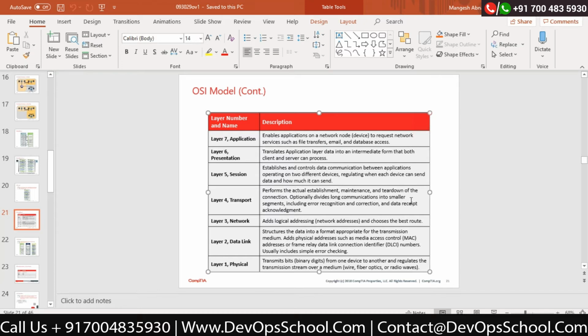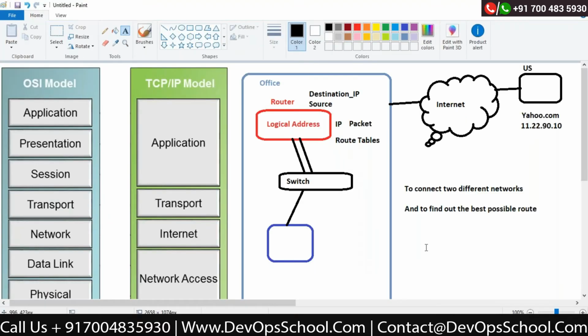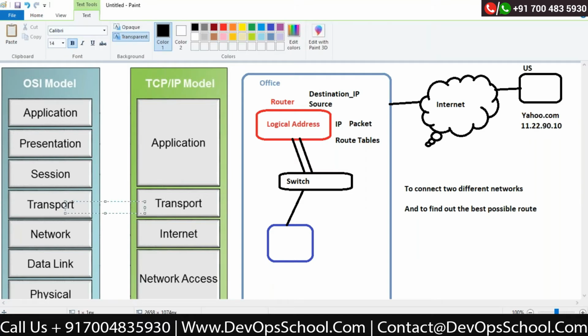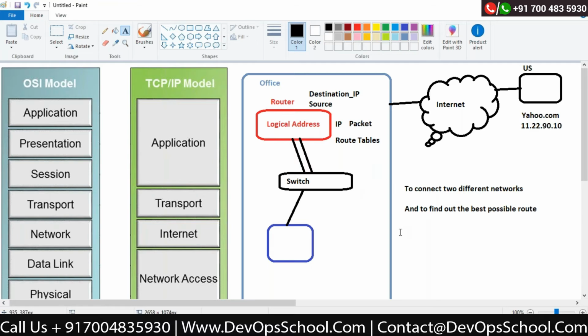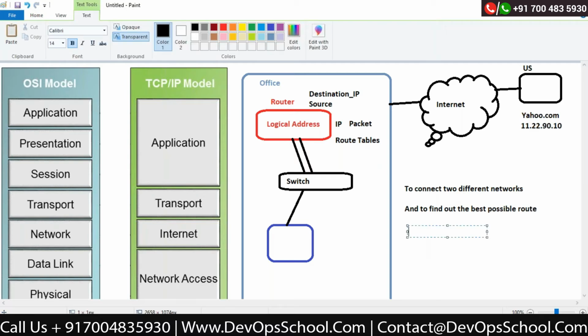Now you are confused if you understand this, correct? Let me tell you a very, very simplified way to explain this. What does the network layer do? After the network layer, the transport layer. Actually, the actual data transfer would be done by this layer.